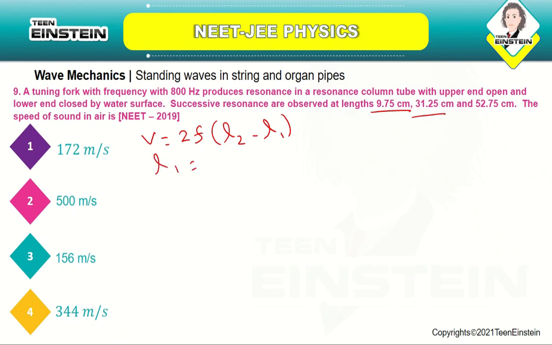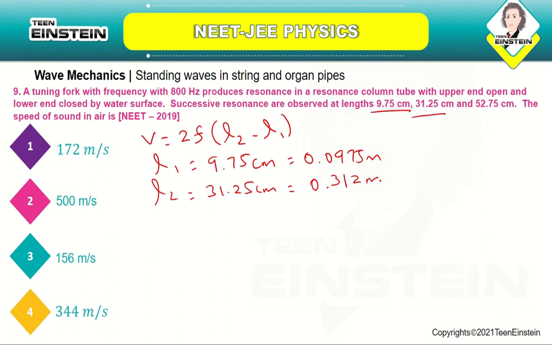So L1 is 9.75 centimeters, or you can change it to meters, 0.0975 meters, and L2 is 31.25 centimeters, or 0.3125 meters, and frequency they have given as 800 hertz. So you substitute this in the formula, you get 2 into 800 into 0.3125 minus